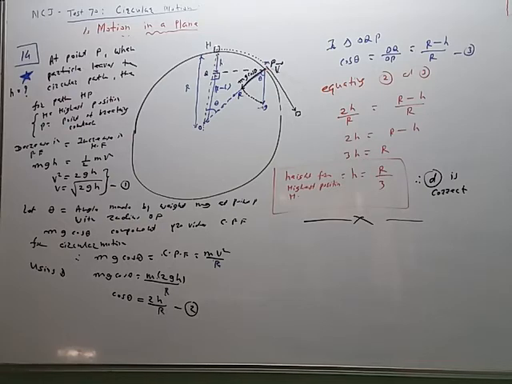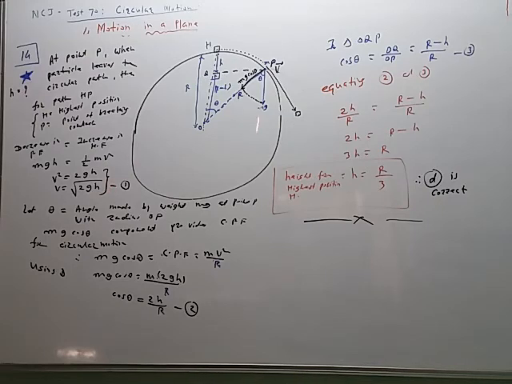So when the particle goes from h to P, the initial position is this, final position is this. So in this motion, the height decreases, therefore its potential energy will decrease, but kinetic energy will increase. At the highest position, velocity is 0, initially at rest. Therefore, we are using the law of conservation of energy. Decrease in potential energy from h to P is equal to increase in kinetic energy. Therefore, v is equal to under root 2gh. So tangential velocity at the point of leaving is equal to under root 2gh.